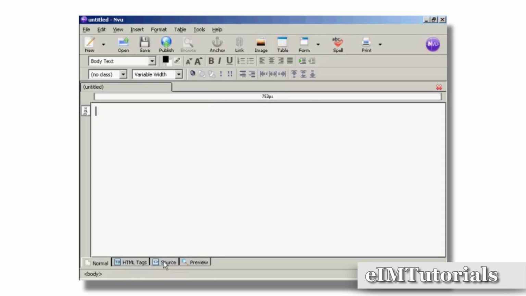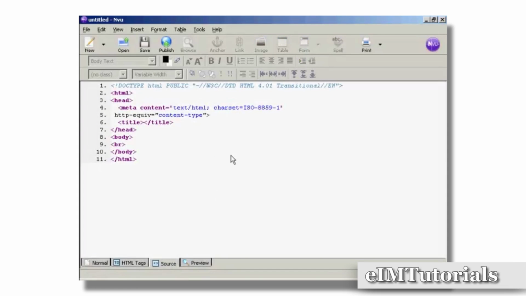So I'm going to click here on the source tab at the bottom, and your Google Adsense code needs to go in between the two body tags, or if you're having it in, say, a frame or something like that, then you will paste it into that particular area of the site. Okay, let's just paste this in,